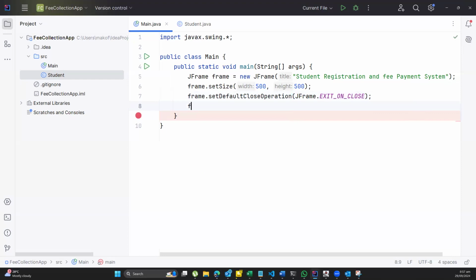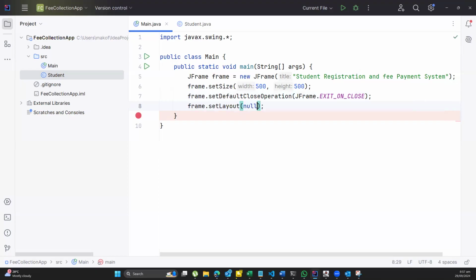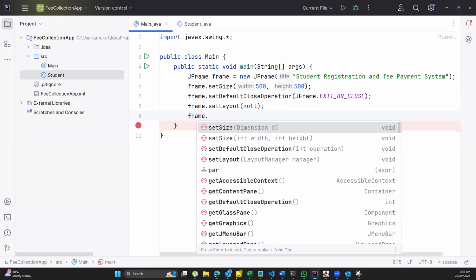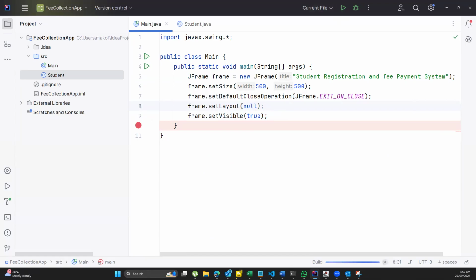And then I don't want to use any special layout, so I'm going to say dot set layout to null so that it knows I'm not using any special layout. On top of that, I'm going to tell my computer that it should make the JFrame visible, and it should be true. Now, if I put false here, it means that I cannot see my JFrame. So when I click this button here to run,